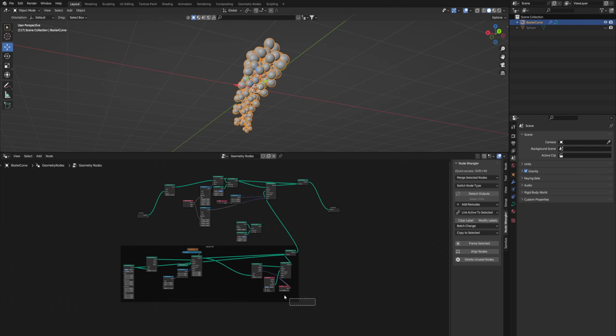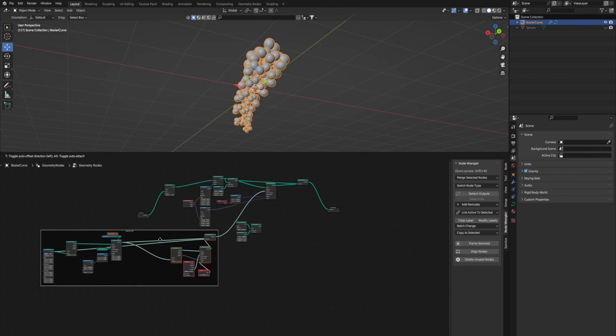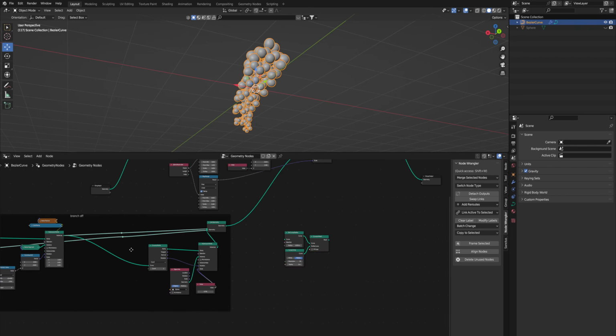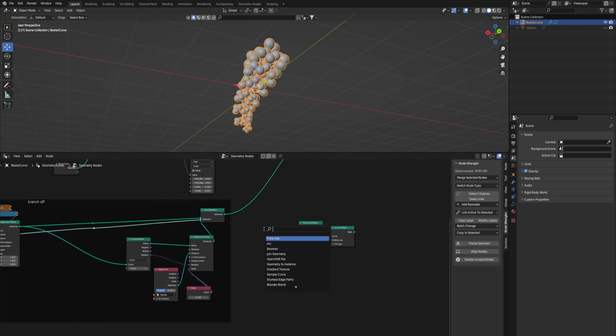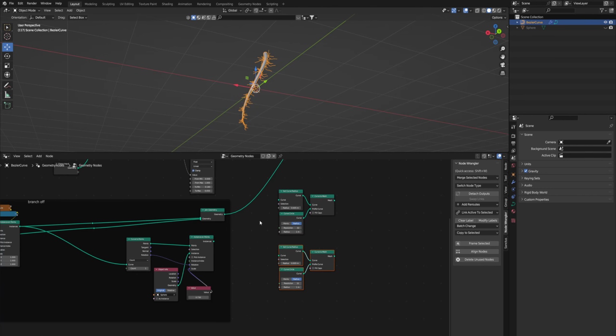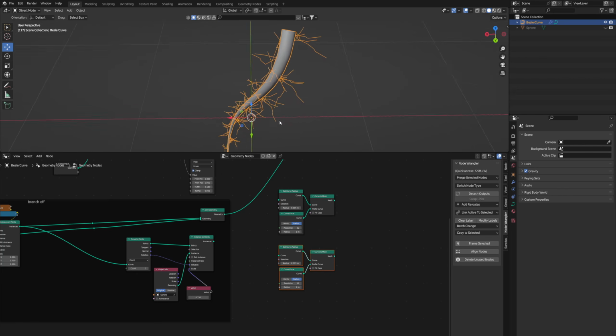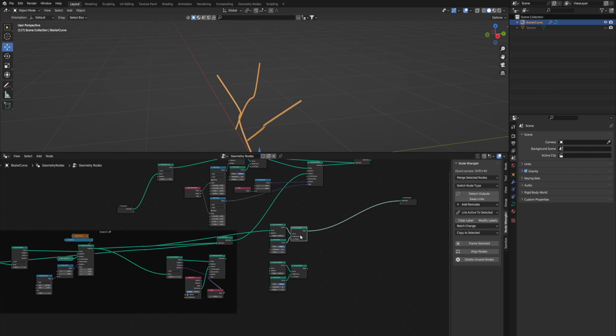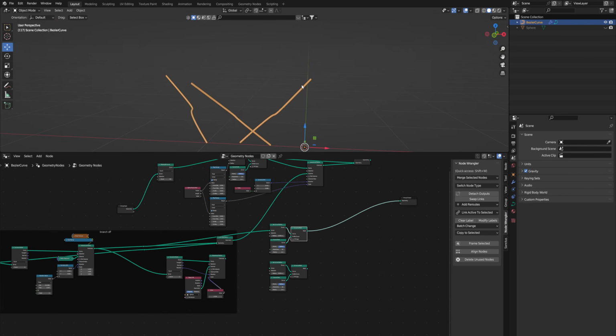I'm just going to move over all this stuff because we'll need some space for this. I'm going to hold shift and right click drag across these two lines here. So we'll take both of those and copy this, paste it twice. We're going to need two thicknesses. You'll see why in a second. So if we just get rid of the grape instance for now, we can see it a bit more. So I'm going to take one of these and bring it into the set curve radius here. Shift over to this node so we can see what's happening on here.